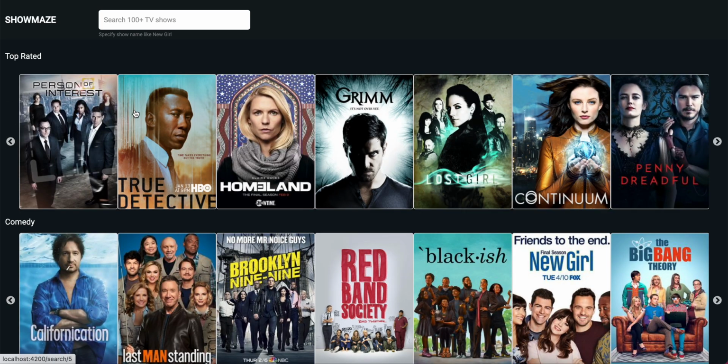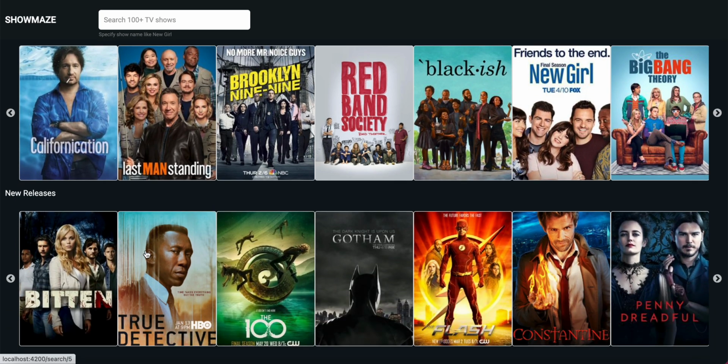Or, I have categorized all the shows and displayed them on the main page. The categorizations are based on genre, rating, and release. This lets the user visually browse through if the user does not know the show name.